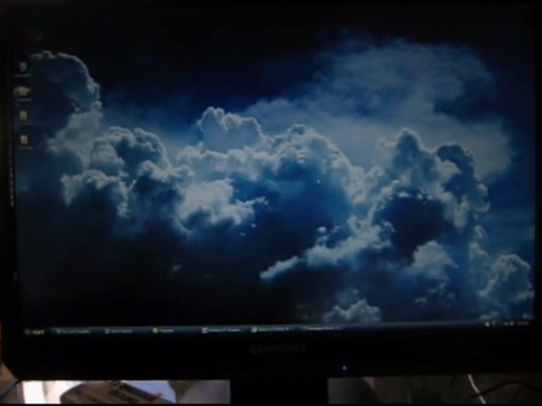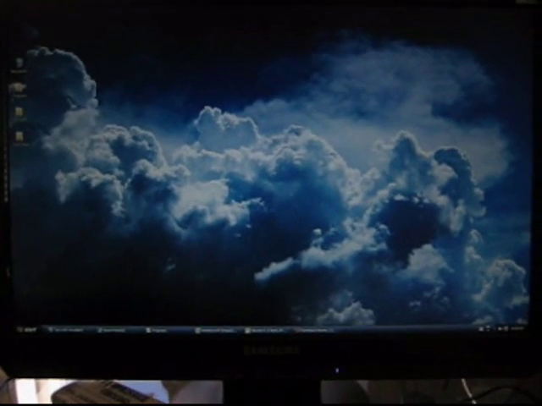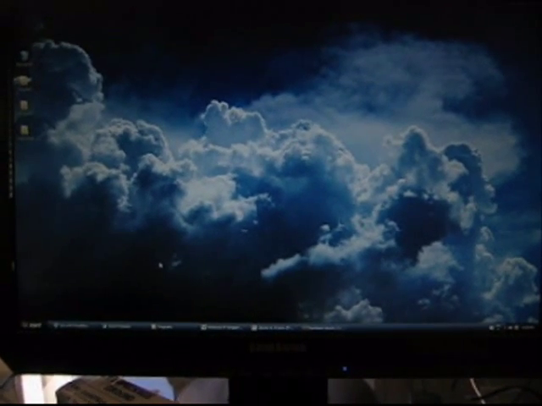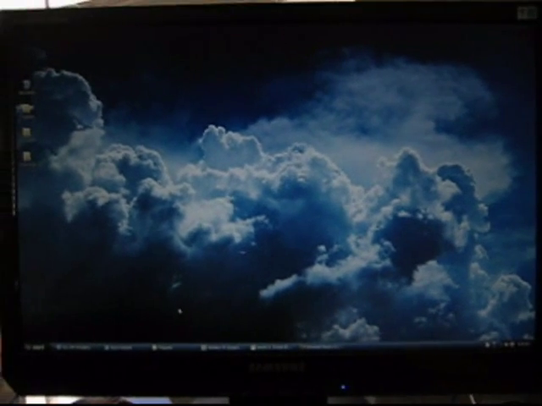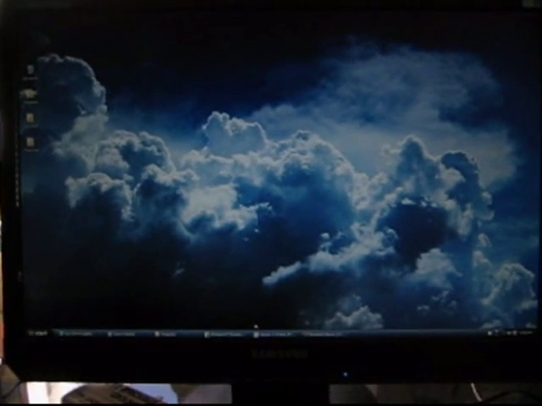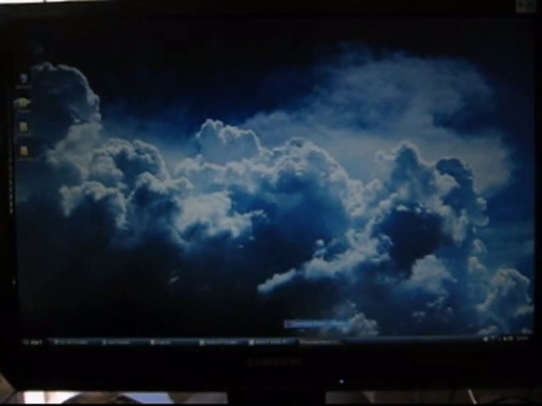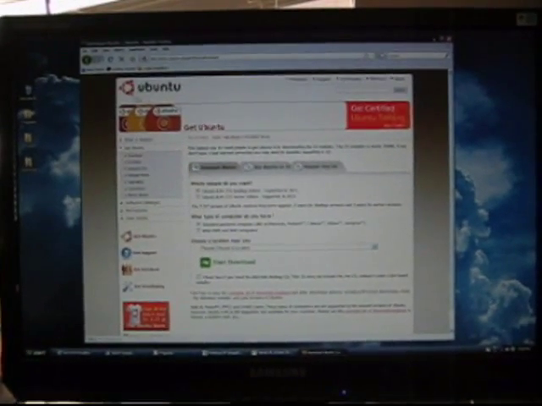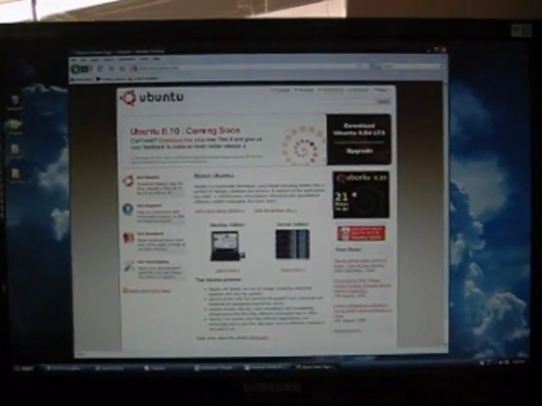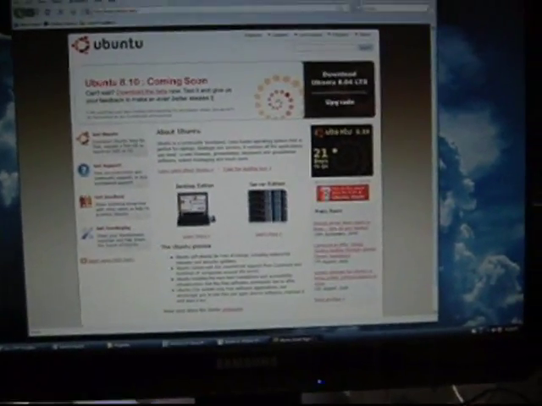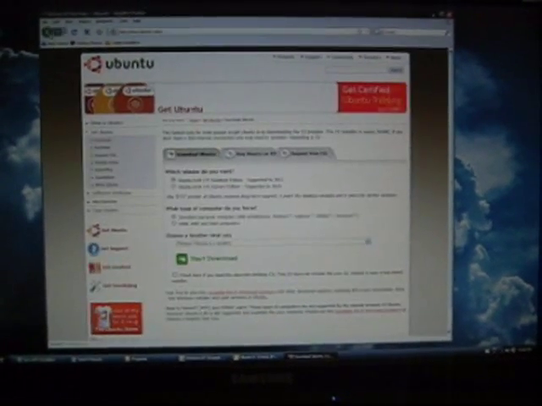So basically, I'm guessing since you're watching this video you have a computer that you can also use that's not broken, like a laptop or something like that. It'll work on any computer. But anyways, you want to go to ubuntu.com, or just type in Ubuntu, U-B-U-N-T-U, into Google, and the first thing you should see is